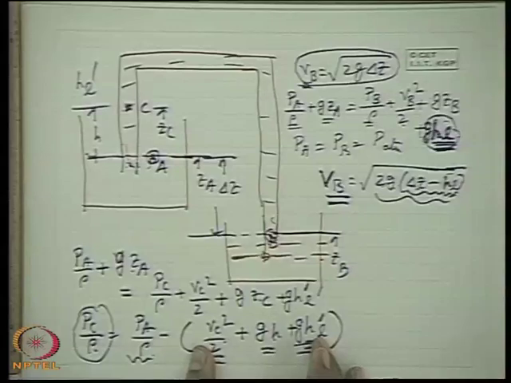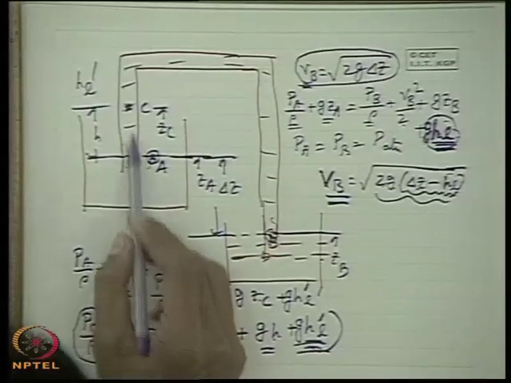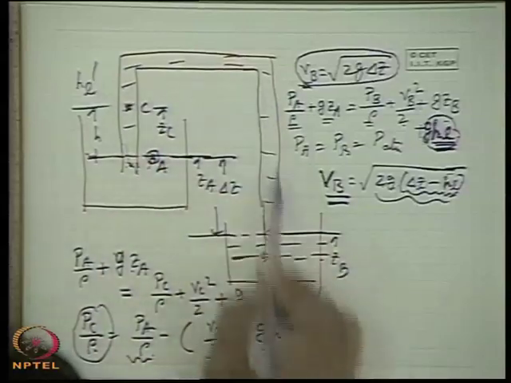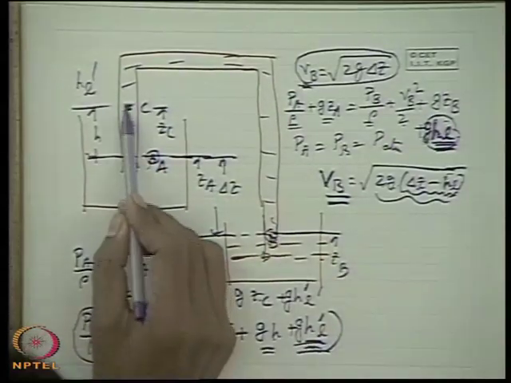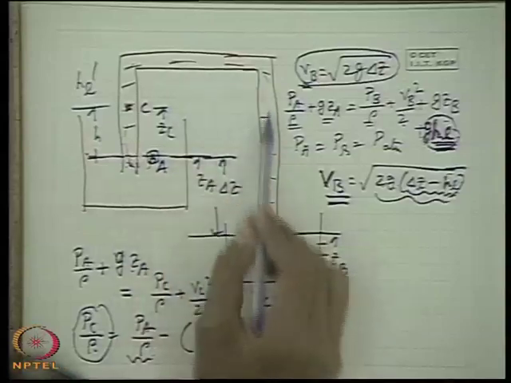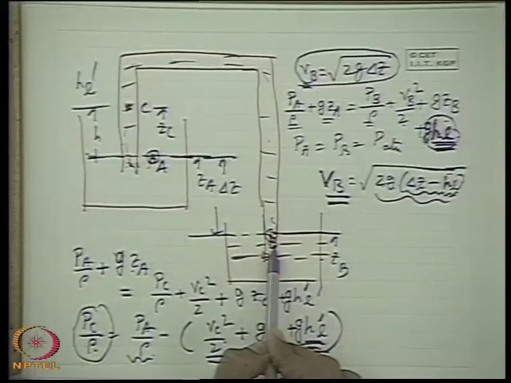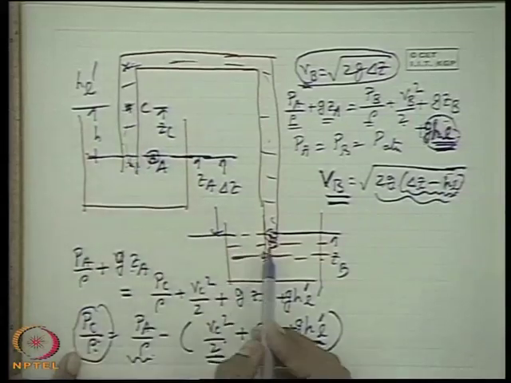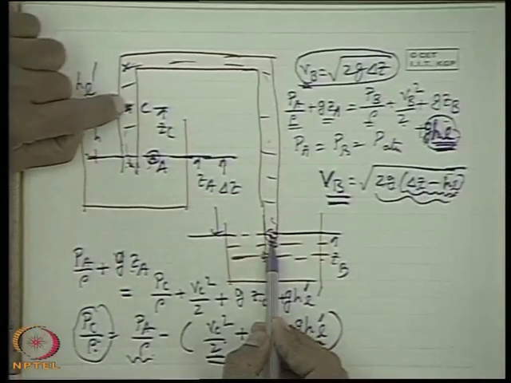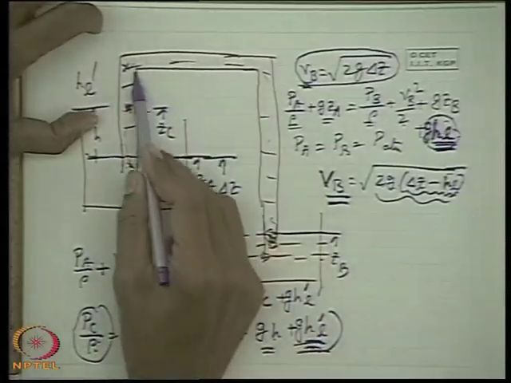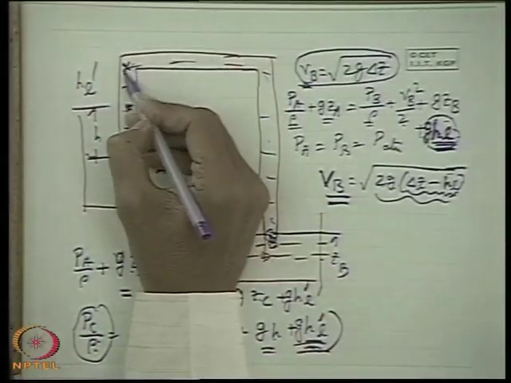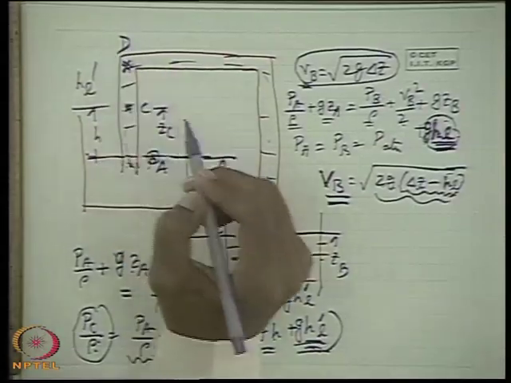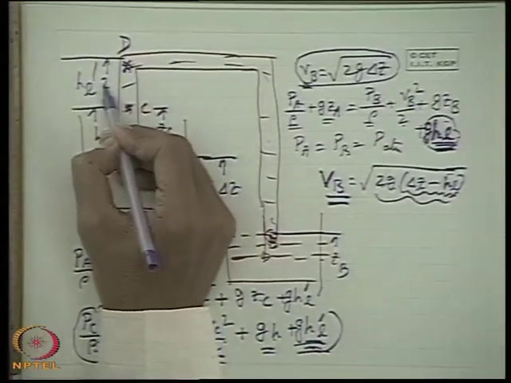So the concept is clear. Now therefore we can justify that in the flow of liquid through the siphonic tube, or the siphon, at this part the pressure is minimum, and then gradually it increases and becomes again atmospheric. So at which point will the pressure be the minimum? The topmost point, because the pressure will go on decreasing. Now this VC and this VB are the same if we consider the pipe to be of uniform diameter. Let us consider a point D at the topmost point here, where the datum head is ZD.